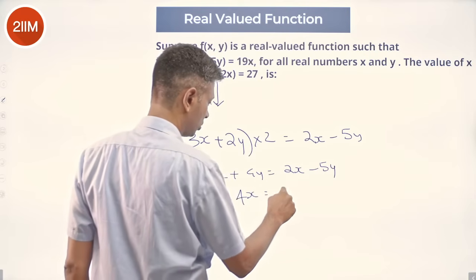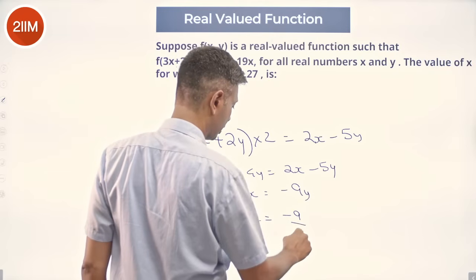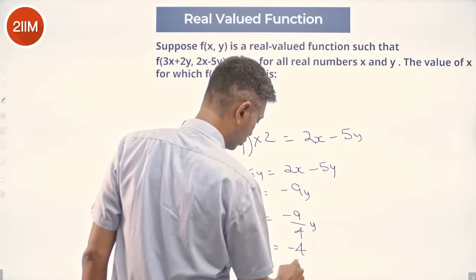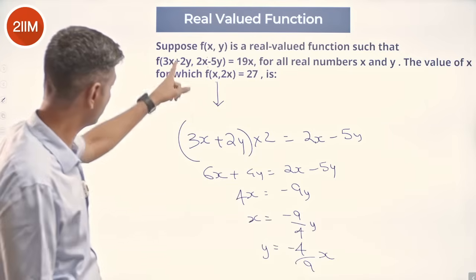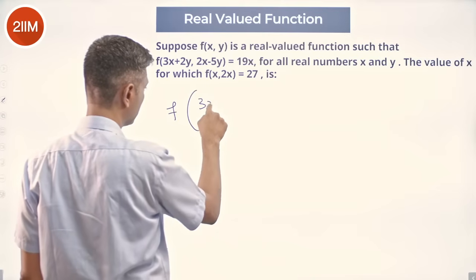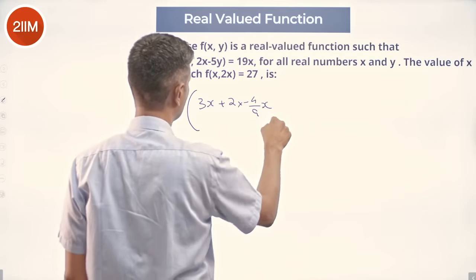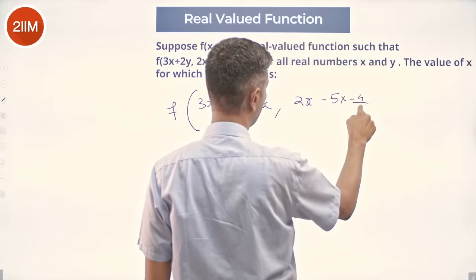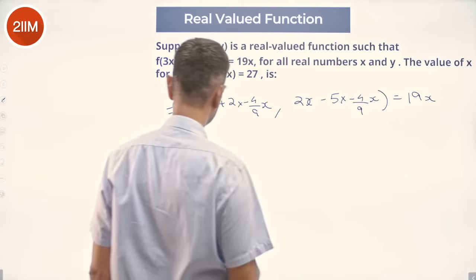4x equals minus 9y. X equals minus 9 by 4 times y. Y equals minus 4 by 9 times x. Nice. So what I'm going to do is take this and substitute it here. F of 3x plus 2 times minus 4 by 9x, comma 2x minus 5 times minus 4 by 9x equals 19x, or f of